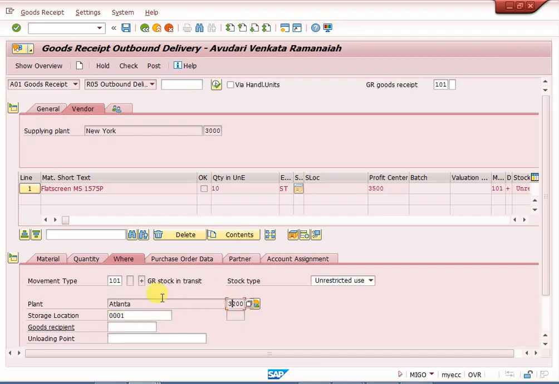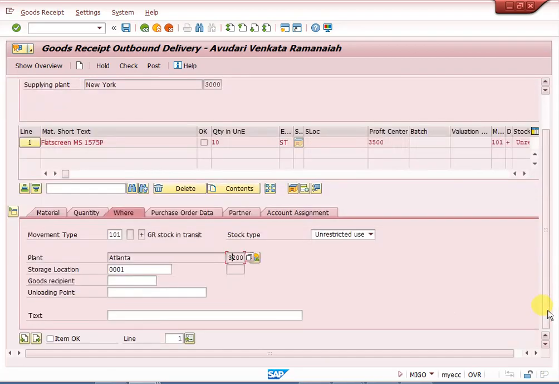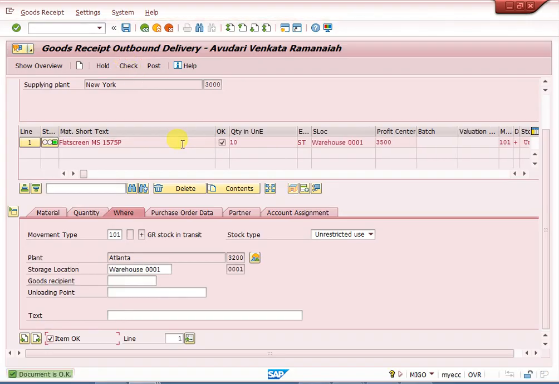Here the item OK is there. Click here, post. First you can check whether there are any errors, and the system shows there are no errors. I am posting the transfer order. I am receiving goods to plant 3200, storage location 0001.